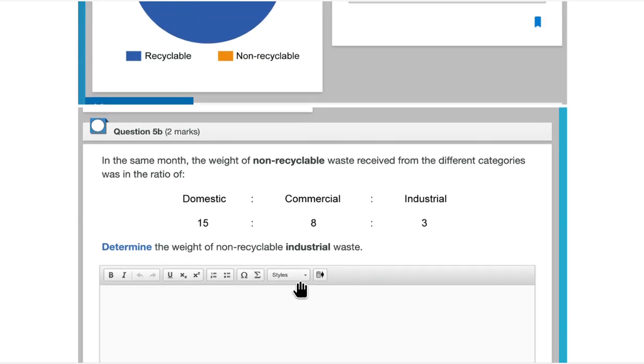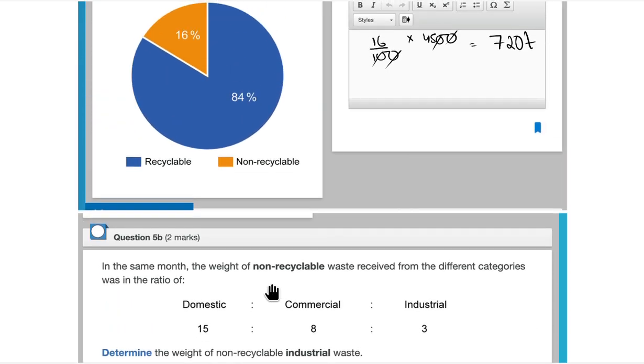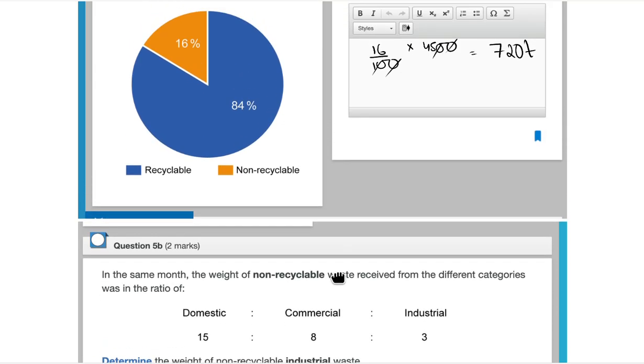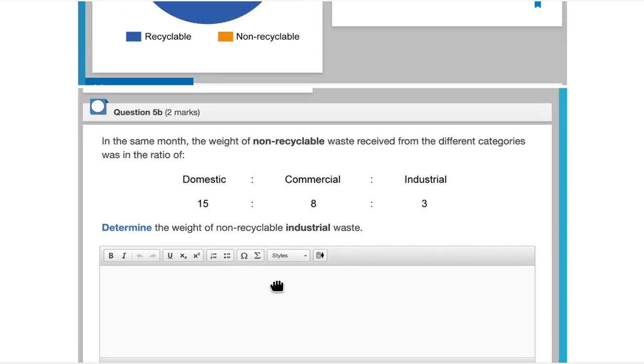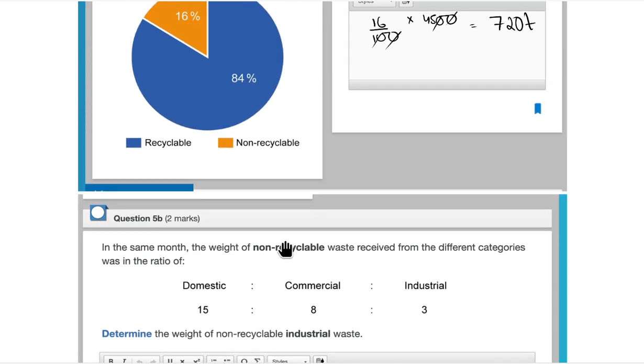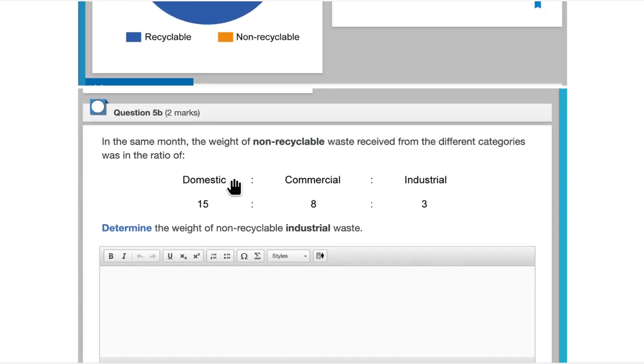With reference to commercial and industrial, it's 8:3, right? So can I write this as 3 ratio 720? In fact, no, 3 ratio 8